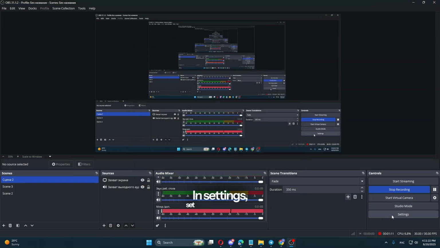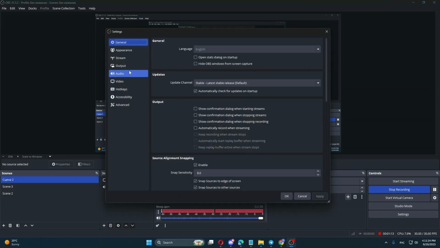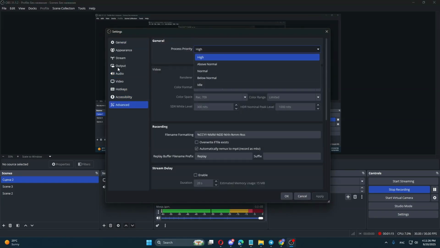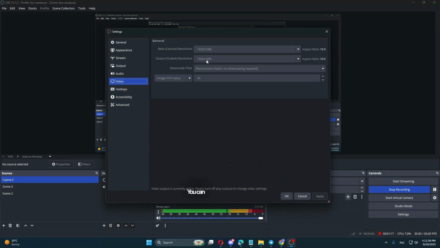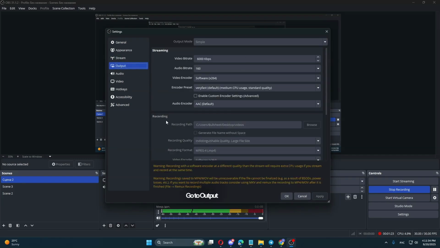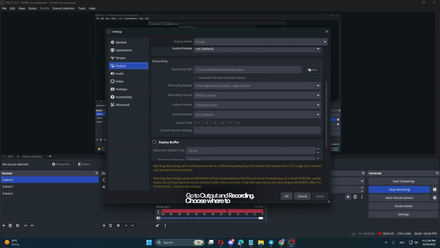In Settings, set Process Priority to High. You can adjust video resolution too. Go to Output and Recording. Choose where to save your videos. Videos will be saved here. Select Video and Audio Encoder formats. Hit Record to start